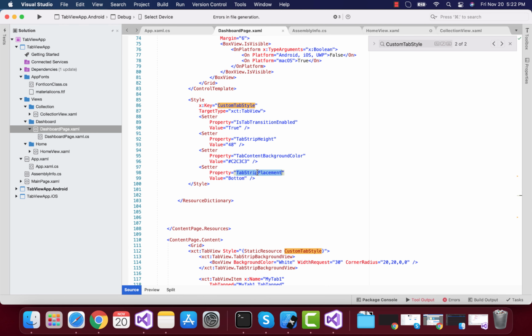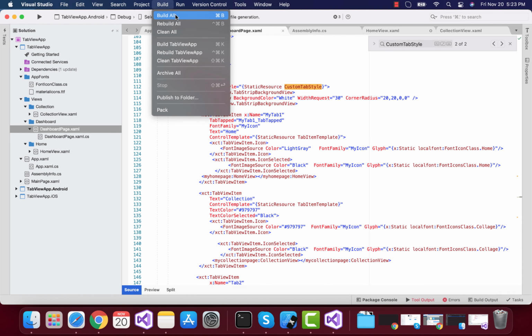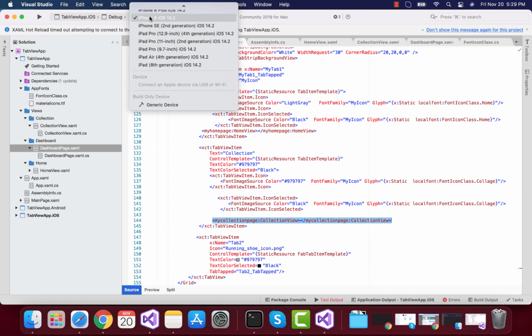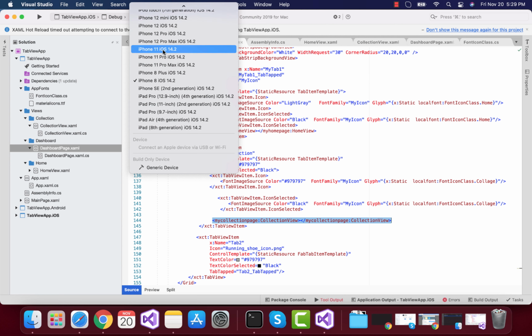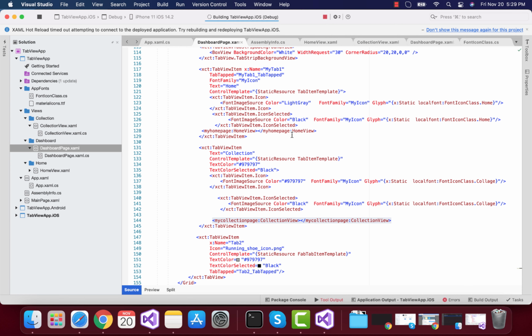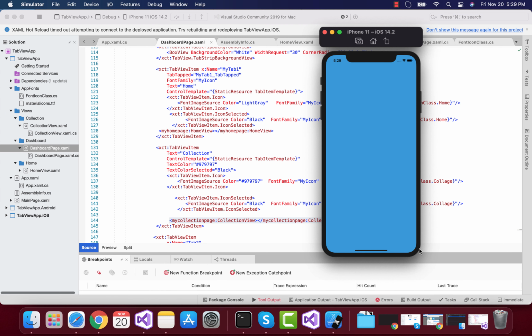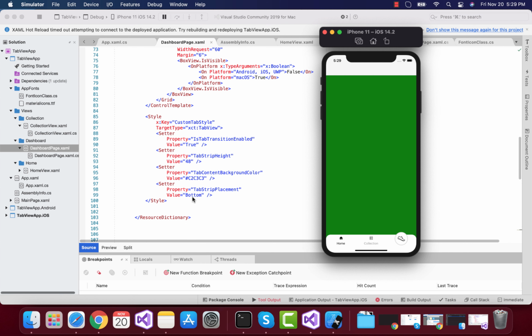Now you can see over here we have our tab view item, which has our different properties, that is our top and bottom properties, so that we can just place our tab view item at top as well as bottom. So let's play with those values too. Now let's run our project, whether it gives a successful output or not. So the application is running, so it got built, succeeded. Great, we got our output as expected.